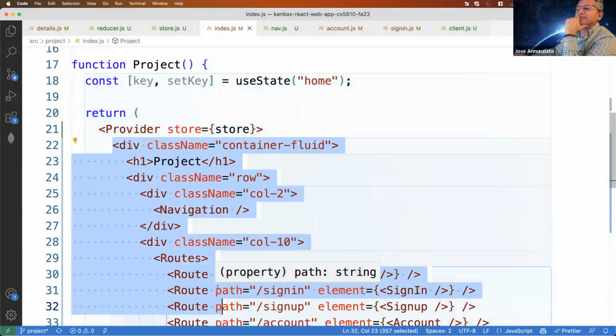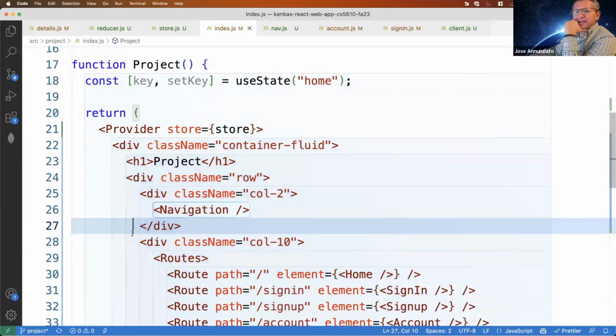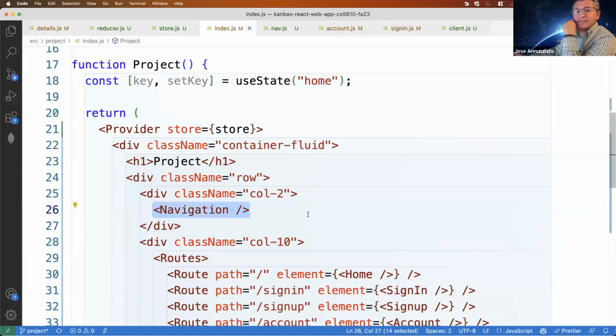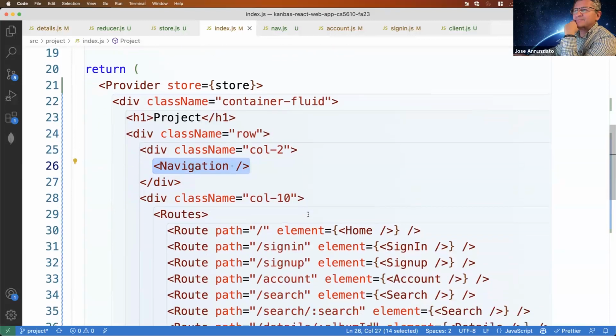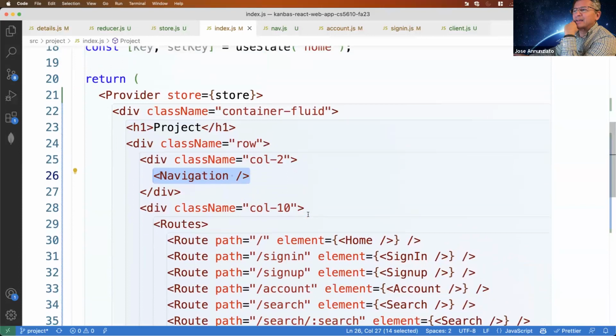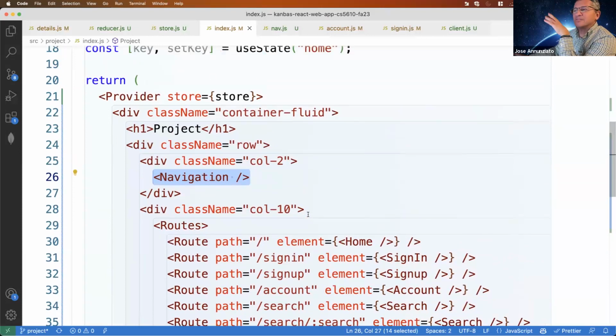See that? We haven't actually seen or implemented ourselves our own components that have a body. Notice this navigation. It doesn't have a body, right? See that? For all the components that we've looked at so far, we've been able to pass them data through their attributes, but they don't have a body.